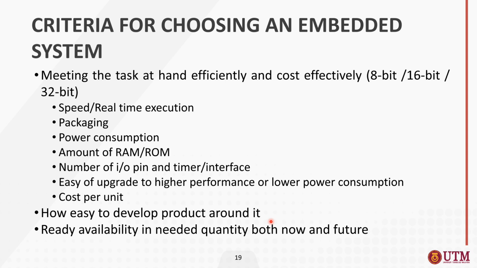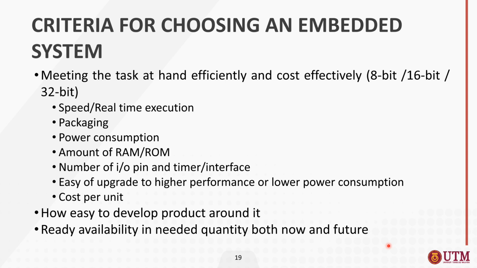So if you want to reduce development time, you must choose the embedded system that can develop a system which is more familiar to you, right? Okay, the last one is the ready availability in needed quantity, both now and in the future. If you want to design a system and commercialize it later on, you must also survey an embedded system which is always available, now and in the future. Because in the future, when you want to commercialize it, you need to have the same embedded system,